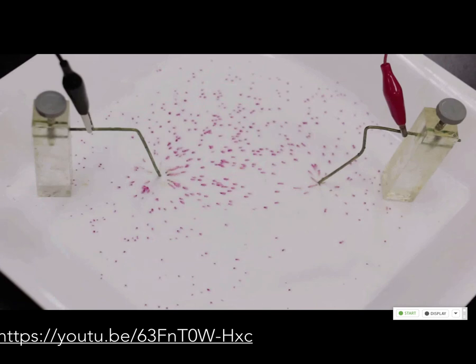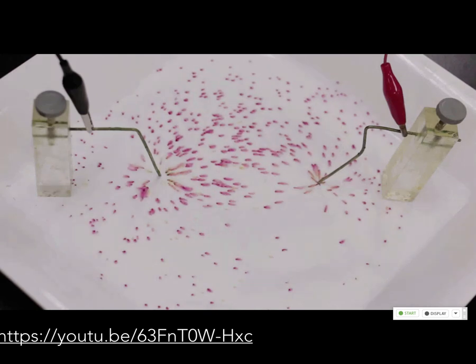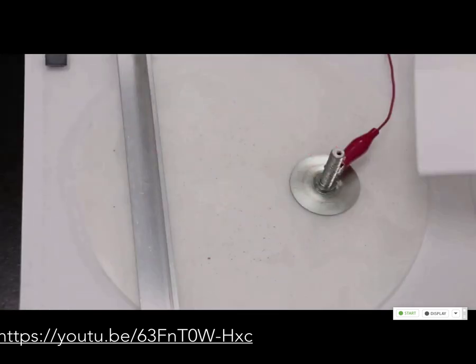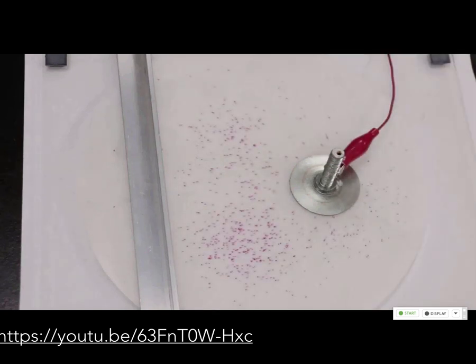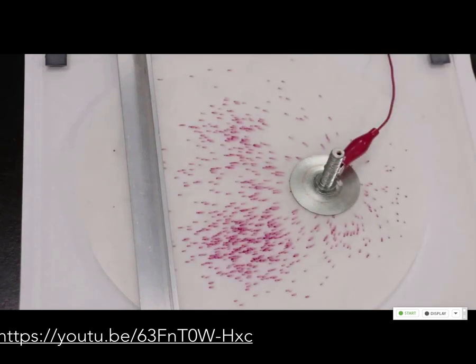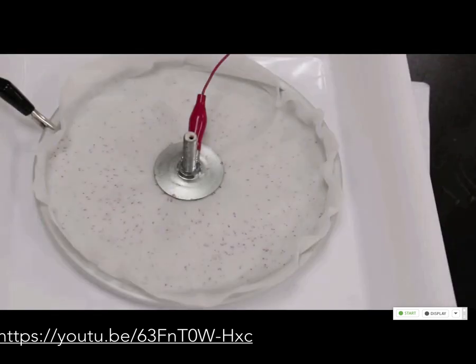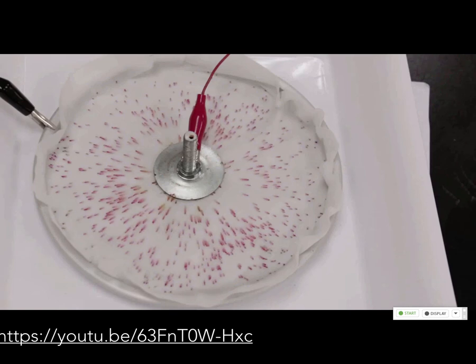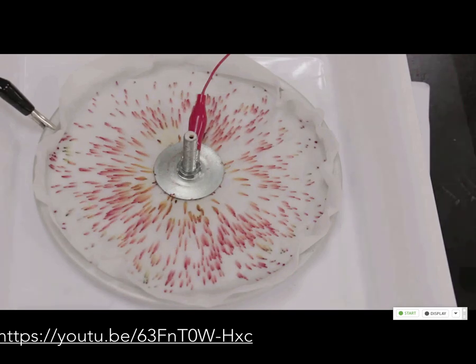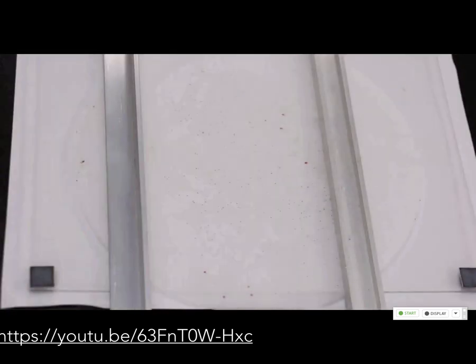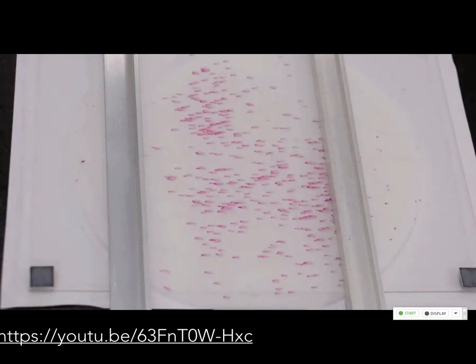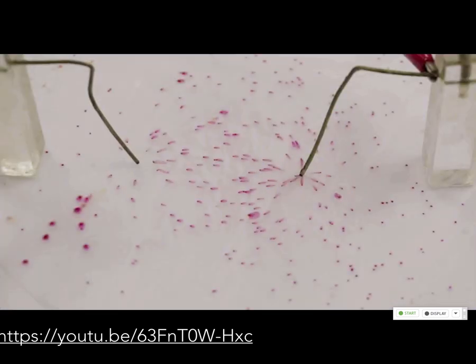So it turns out this is basically connected to a power supply. So the positive terminal is connected here, the negative terminal is connected here, and you put some little dye particles that have some dielectric qualities, so they're like little polar molecules, and they spread out along the electric field lines. Okay, so these are the electric field lines for different configurations. So this would be for a positive charge, right? You can see they all go out diverging in this nice star pattern. And then this is for a plane. This is for a positive and a negative, right?